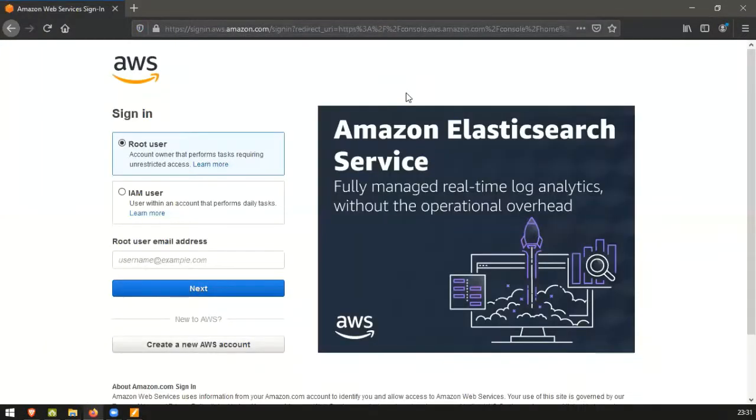Let us jump into the management console. For users, we have a root user and an IAM user. The root user basically means the user which created this account. I am the user who created my account, so I will use my email ID. And for the IAM user, we will discuss it in future videos. I will not discuss it in this video, but it's a kind of management user, so you can create multiple users to manage a single account. So I will give my user email address and password, log into my console, and continue this video after that.